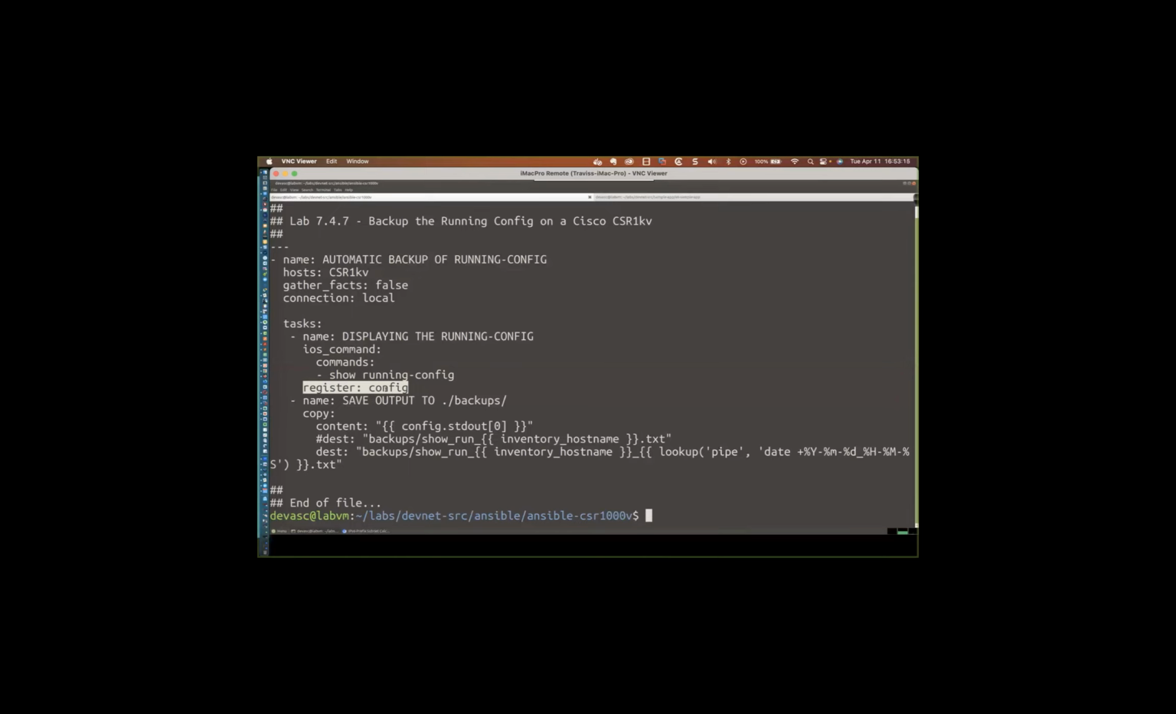The configuration that I'm trying to back up here. And so what we're doing is we're capturing that output in the variable named config. And then you can see here, the next task is to save the output to the /backups directory. And so I'm going to create a copy. And then the content is going to be what? The output of that variable, what would come to standard out, which is the running config of the